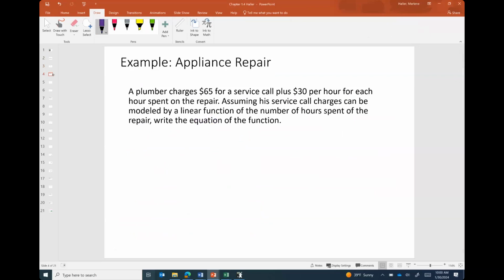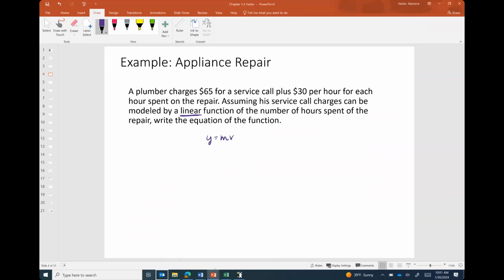All right, let's look at an application. Say a plumber charges $65 for a service call plus $30 per hour for each hour spent on the repair. Assuming his service call charges can be modeled by a linear function of the number of hours spent on the repair, write the equation for the function. Well,